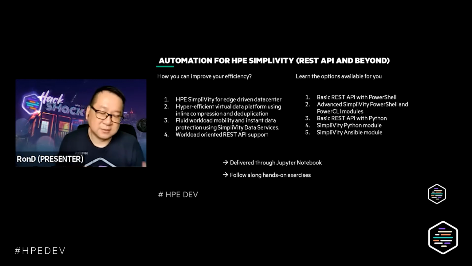And the last one, because we have the Python module, that enables us to introduce the Ansible toolkit. So we have an Ansible toolkit that allows you to perform any type of desired state automation. So remember, desired state: once you make changes, it will work on a schedule to ensure that your configuration stays the same.